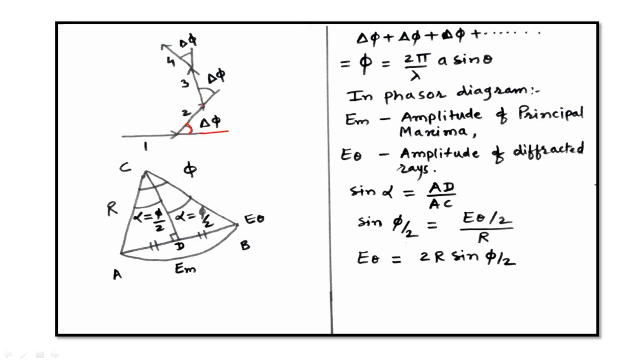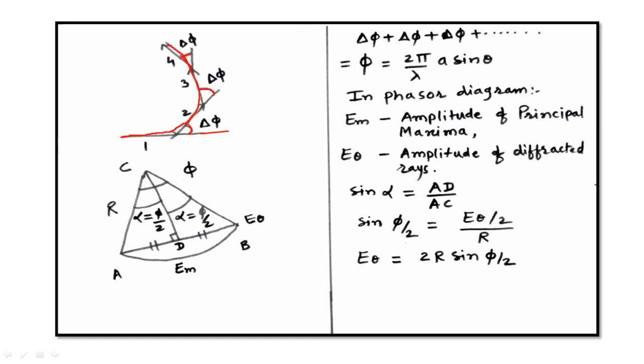Then this is the phasor for ray 2, this is the phasor for ray 3, and there exists a phase difference of delta phi between 2 and 3. This is the phasor for ray 3, this is the phasor for ray 4, and there exists a phase difference of delta phi between 3 and 4, and so on. So if I keep on adding all these phasors together,